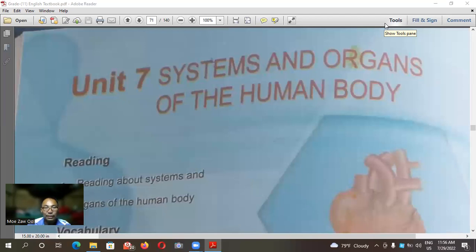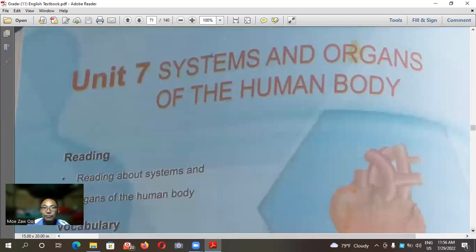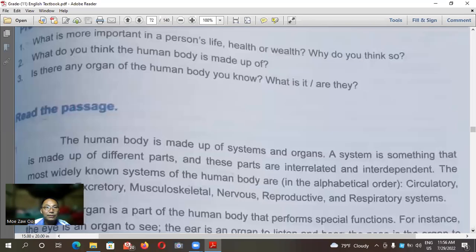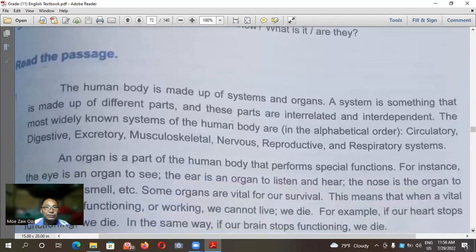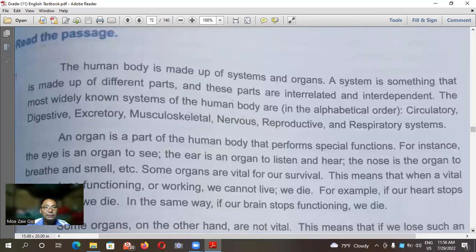Read the passage. First paragraph: The human body is made up of systems and organs. A system is something that is made up of different parts, and these parts are interrelated and interdependent. The most widely known systems of the human body are, in alphabetical order: circulatory, digestive, excretory,